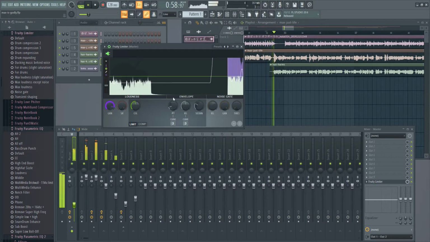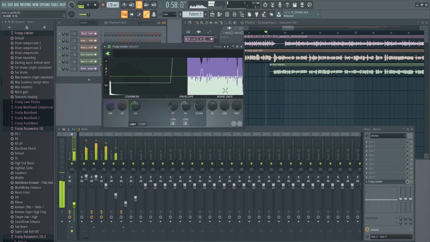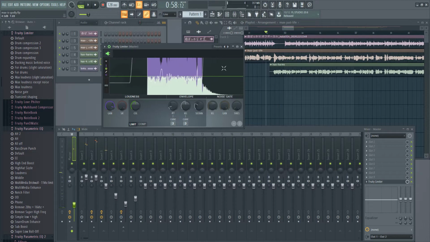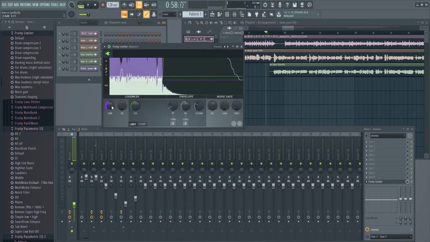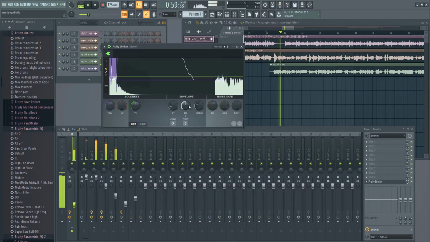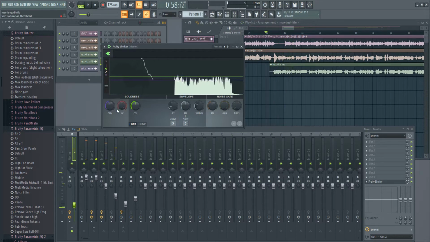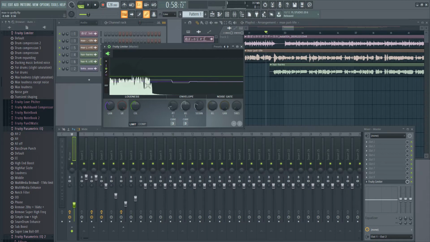So if I turn it up, you have a white line here that's going all over the place. You want it to be flat with this purple line. It needs to stay in line with the purple line. And basically, if it distorts a tiny bit, that's not the biggest deal. If you really want your mix to be louder, you can sacrifice a tiny bit of that detail, but